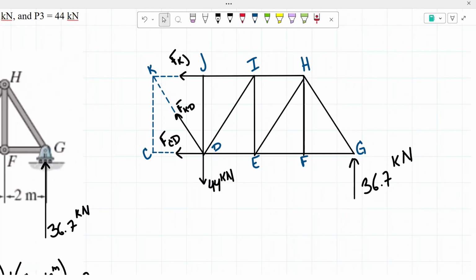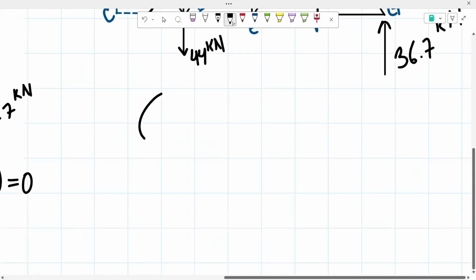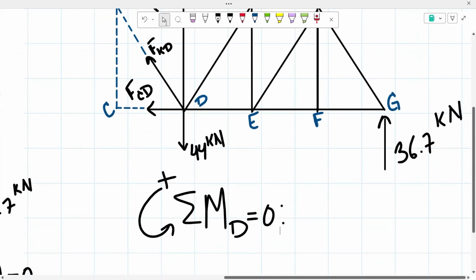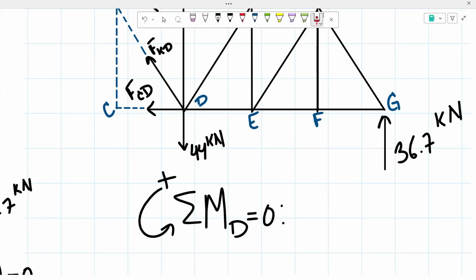and I'd be able to solve for the force of the member KJ. So that's going to be my first step, taking the sum of the moments about point D. Like we said, these two would not be creating a moment, as well as the 44 kilonewtons. So the only two things that are going to be creating a moment are our reaction force and the force